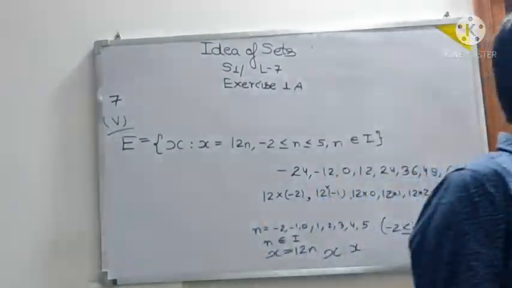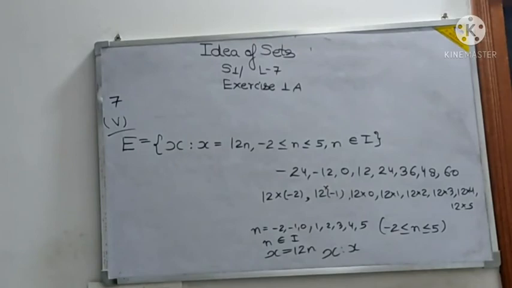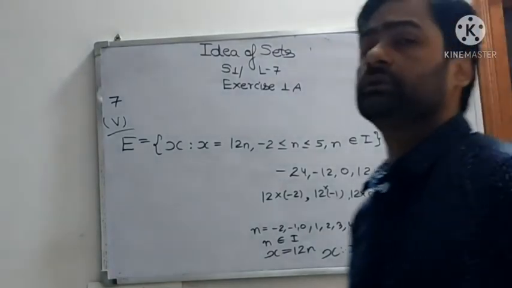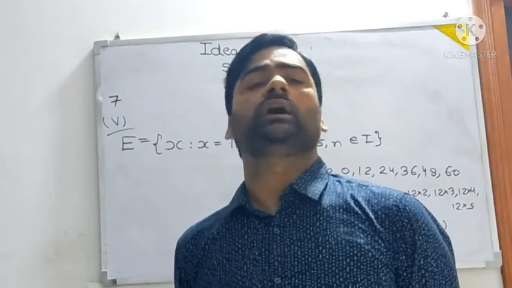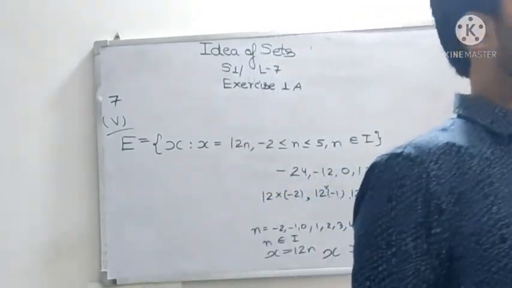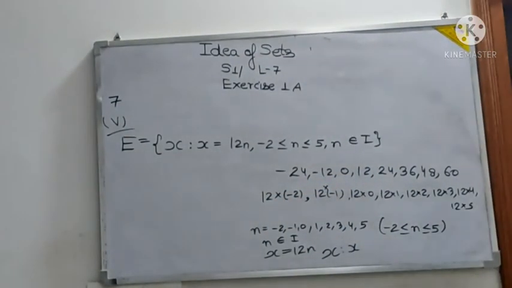Now our next topic will be the types of sets: finite set, infinite set, empty set, all these things. I request you one thing: since you already studied types of sets in class 7th, revise one time and then sit for the class or watch the video, because that will not be difficult for you. Types of set, like finite set: the number of elements is limited, we can count them.